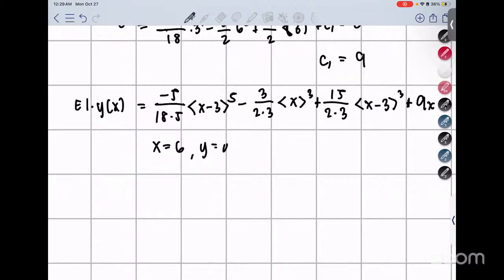So this is now negative 1, right? Now this is negative 1 over 18. So just simplifying it further, this is now